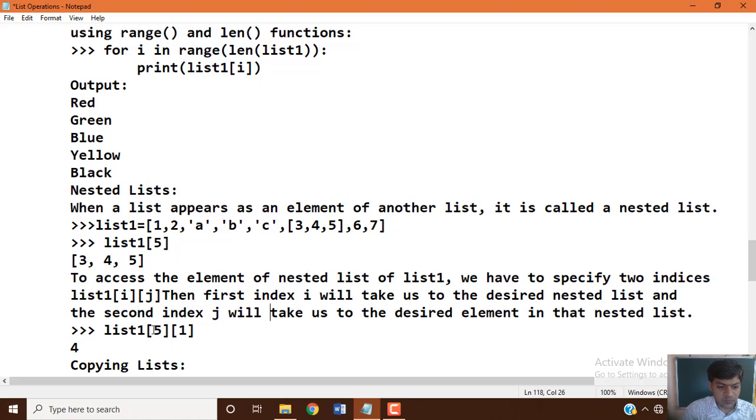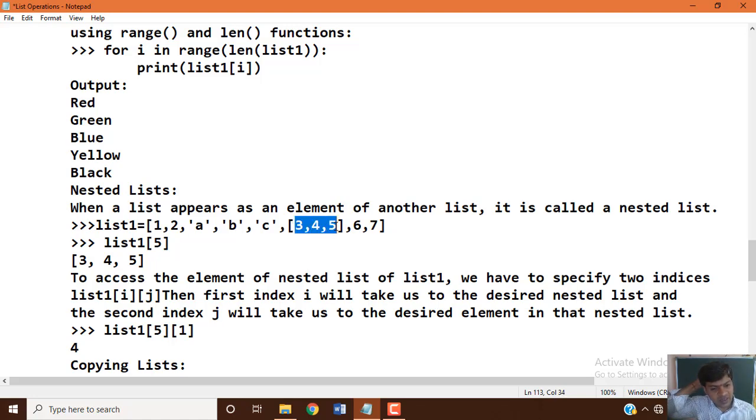So list 1 of 5 followed by 1. This is the i value, this is the j value. Counting 0, 1, 2, 3, 4, 5, at index number 5 we have the inner list. The inner list again has its own index numbers, 0, 1, 2, 3 and so on.